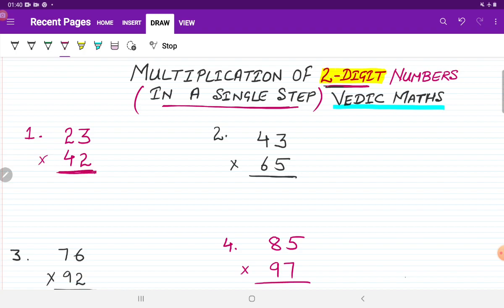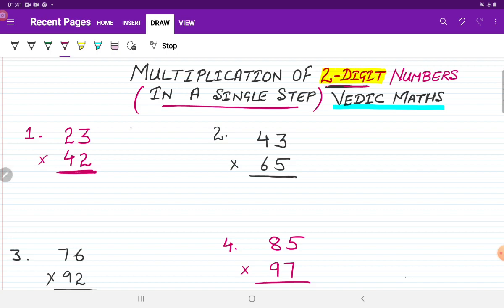You should know, some children are applying the traditional method of multiplication. It's very good up to 4th, 5th and 6th standard. But after some age, like after 10 or 12 years, you should be aware of some more tricks by which you can make your calculation so easy and fast, and save your time also. So for that, your Jasprit teacher is here to make your calculation fast with one more trick of multiplication of two-digit numbers. Here we'll multiply two-digit numbers in a single step only.